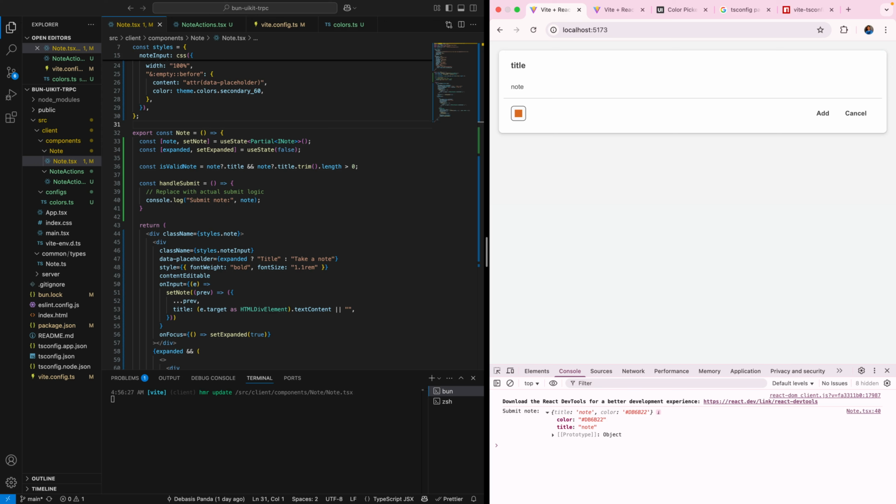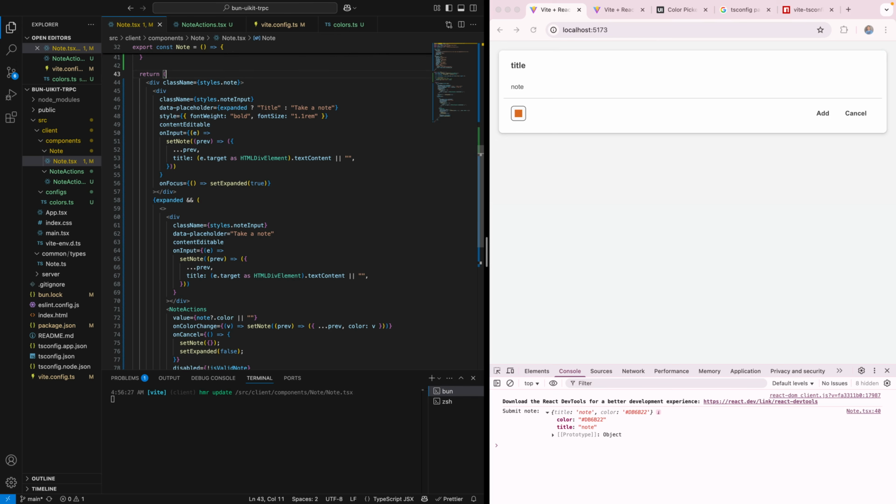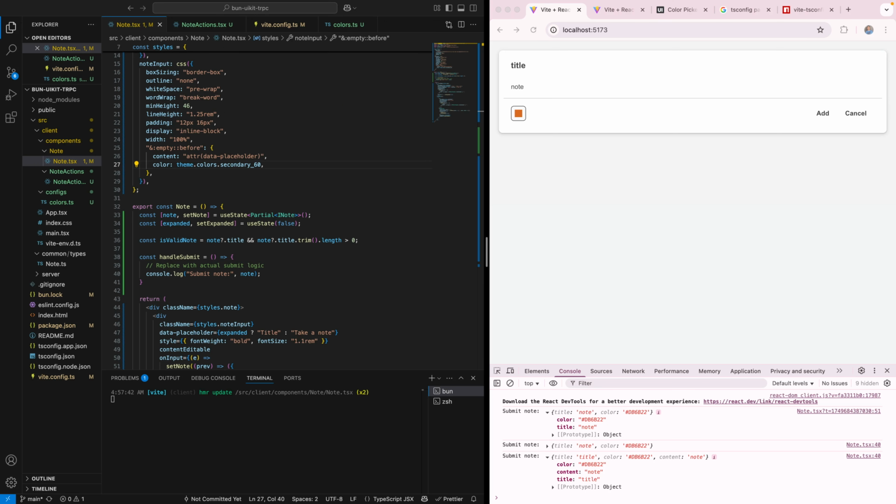Okay, I think something is behind that. Why is the title not showing? Oh, here is our input. Oh, we haven't changed this. This should be content, right? Now cool. So our values are here. We have the color selected, the content and the title. Okay, now let's